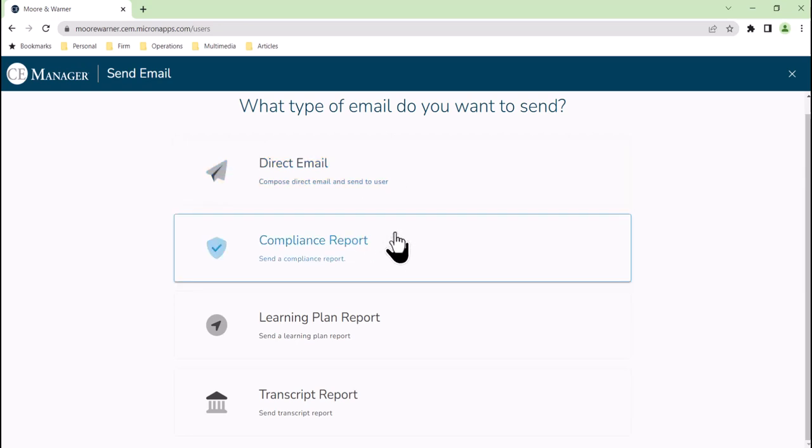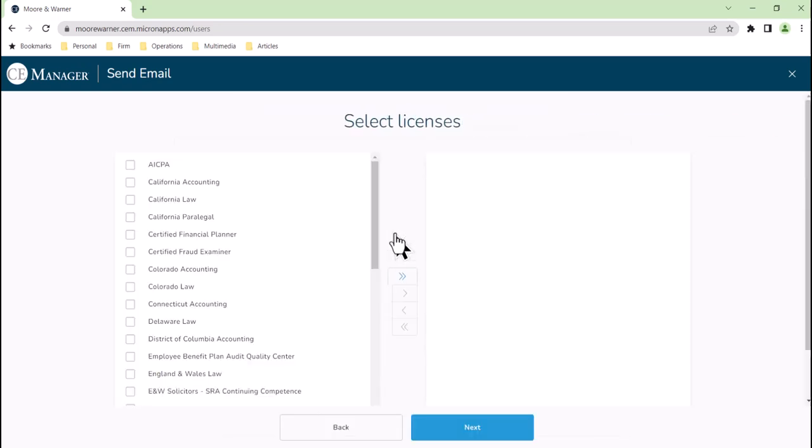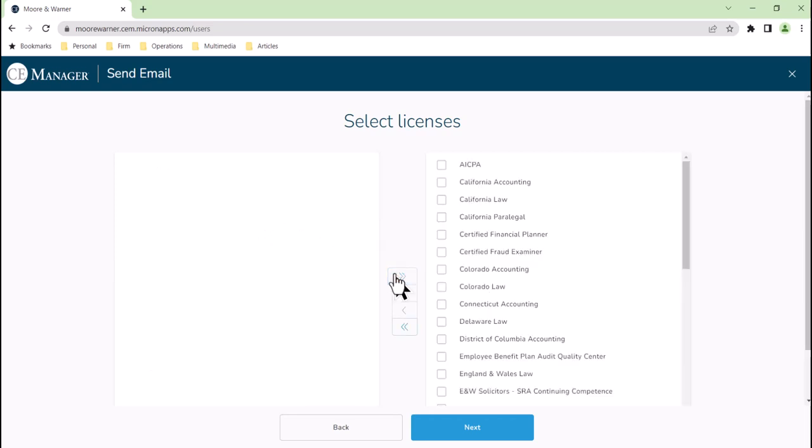Compliance report. We can send hyperlinks to all the licenses that these 3 particular people have by clicking on Compliance report. And moving all the licenses that are in our database on over to the right-hand side with one note. Let's say that an attorney or CPA only has specific licenses, such as just Colorado Accounting and Colorado Law. When they receive an email with their compliance reports, they will only see those 2 licenses. So it's okay to select all of them. We click on Next,